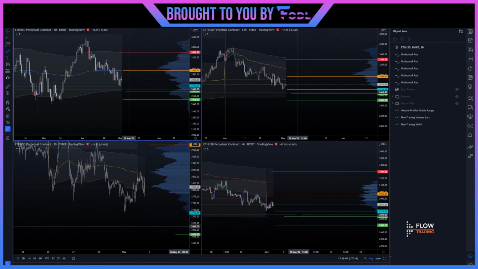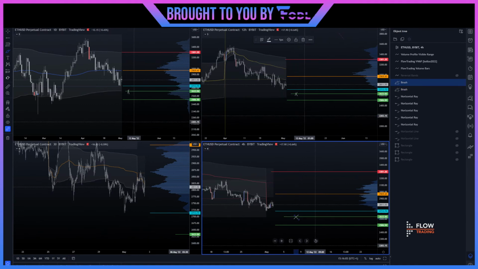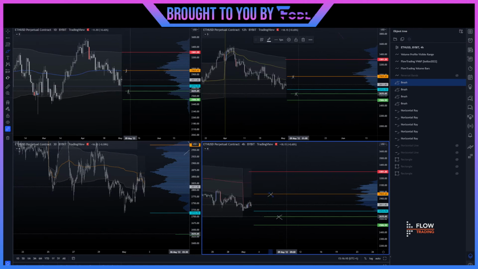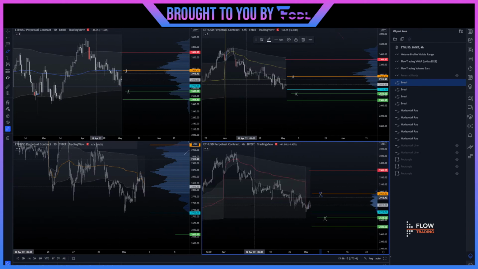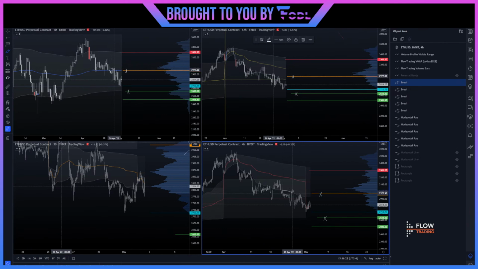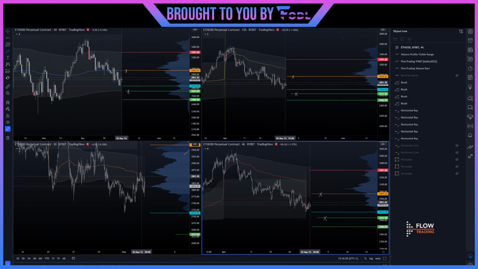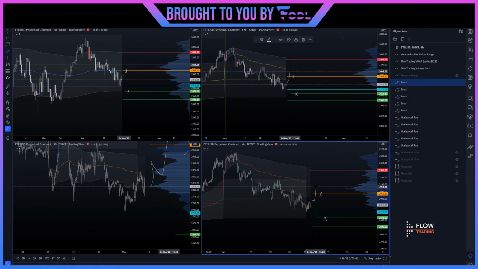Okay, so levels of interest for me is this one here, and also this yellow level here. As you can see here, the yellow level is basically above the previous month's VWAP close, and it's getting inside of the value area of the current month, right? So if we are to come all the way up here and confirm, break above it and confirm that this is indeed support,